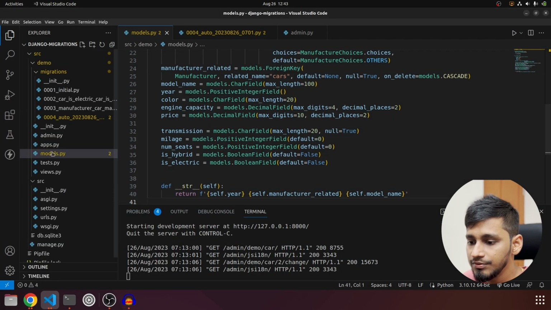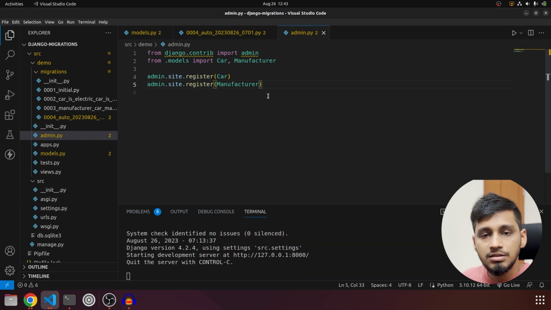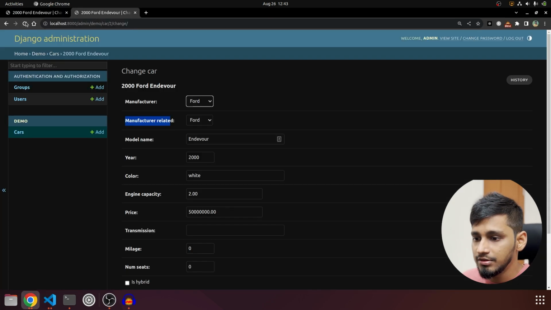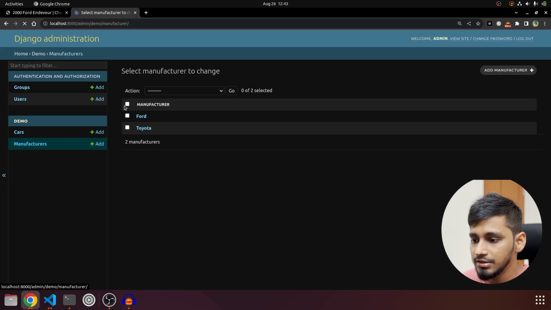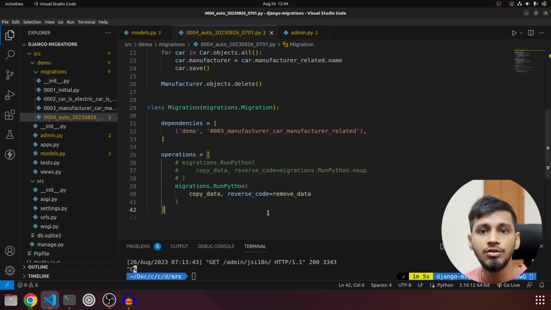Let's go to admin.py, copy paste and import Manufacturer over here, and we'll register the Manufacturer model as well. We'll refresh this and we have manufacturer, and over here these two data are created because these were the only data that we had used in our cars model. So that's why only these two objects are created. So that is how we were able to create an empty migration or data migration and successfully apply it.